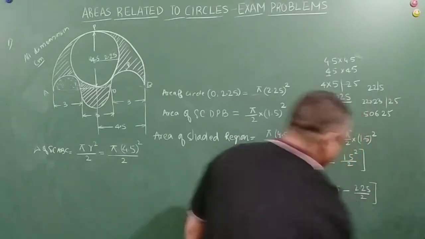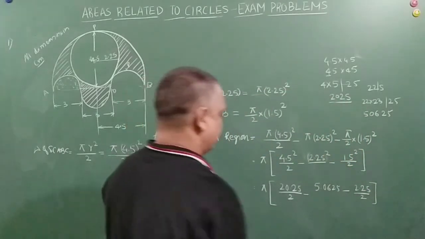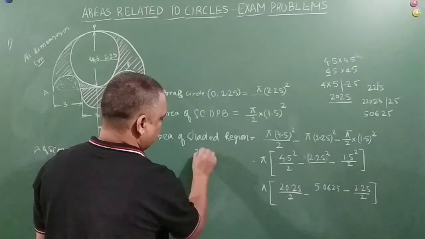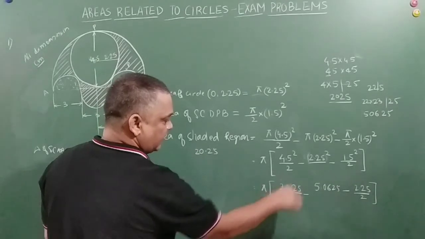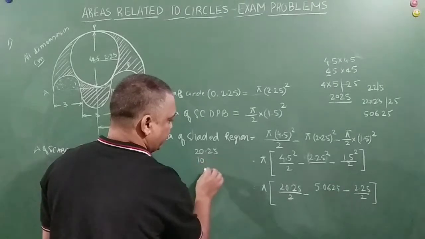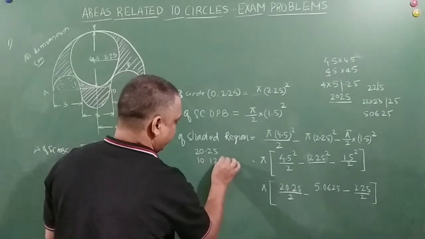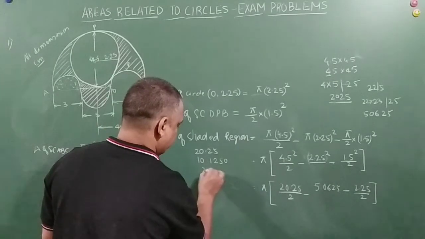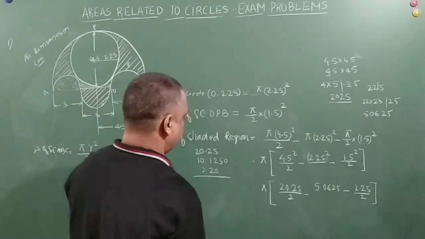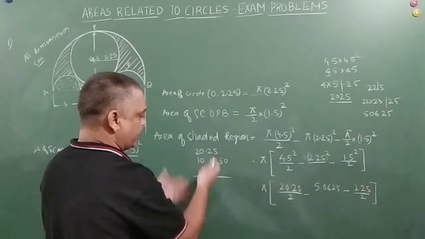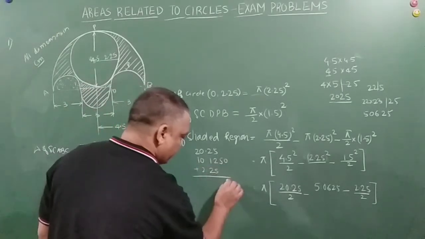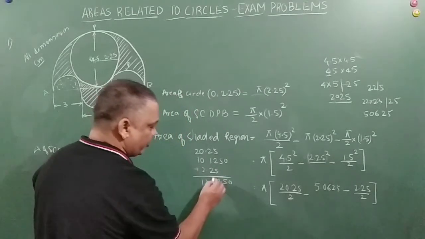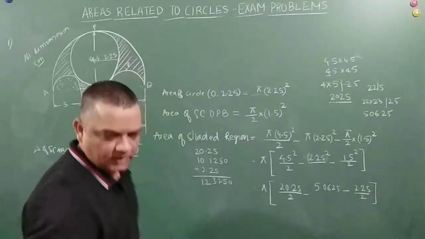divided by 2. Okay, so basically we can take LCM and we can actually solve it. So I'll do it here, 20.25. I'll just double it, it becomes 10.1250, and this again minus, it becomes 2.25. Right? So we need to add these two and then subtract it from 20.25. So let's add it, no problem. 0, 5, 5 to 7, 2 plus 3, 12, right? 12.3750.